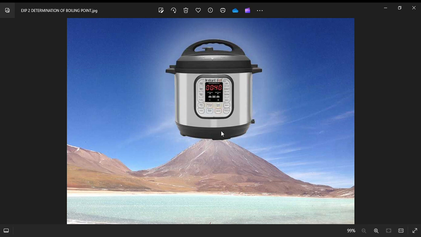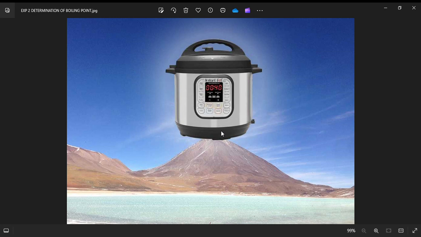Alright, we want to talk about determination of boiling point. This is experiment 2 in your manual. So please, I would like you to open your manual to page 8 and let's discuss determination of boiling point. Now, we all know that a liquid starts to boil,